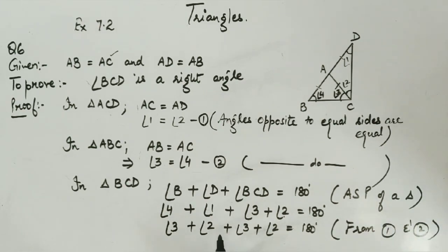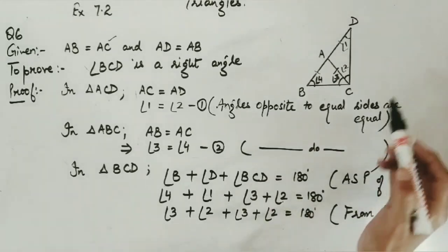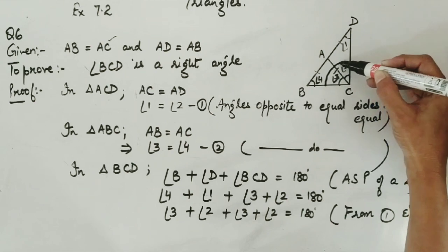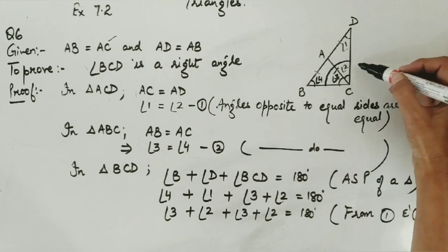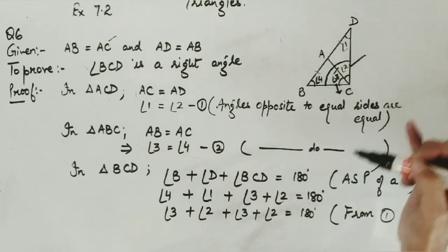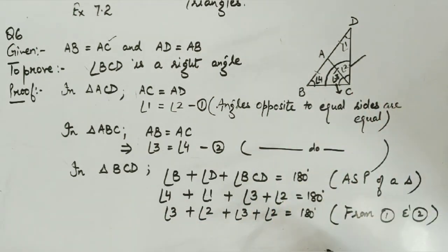Now, very important. Why have we replaced 1 and 4 and not 3 and 2? You'll get to know in the next step. Because we are asked to prove that this whole angle BCD is 90 and BCD contains angle 2 and angle 3. That's why 1, 4 we don't need, so replace them by 2, 3 if it's possible, and yes, it is possible because it has been proved in the above equations.